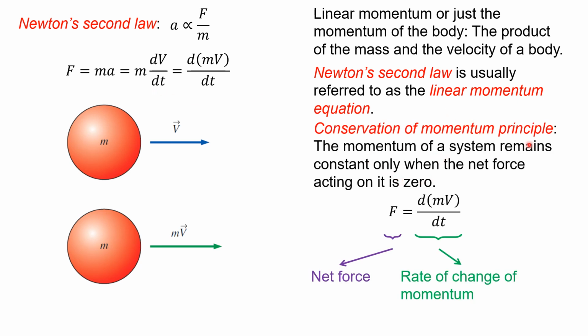The conservation of momentum principle: the momentum of a system remains constant only when the net force acting on it is zero. So the momentum will be the same if no additional force is acting on the system. Here F is the net force and d(mv)/dt is the rate of change of